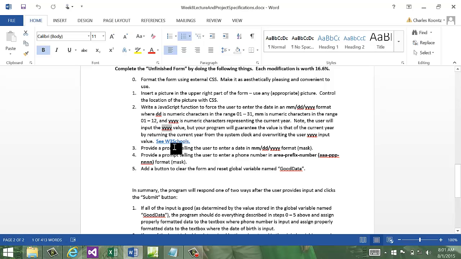So W3C, or W3 Schools, is part of the W3C organization, the World Wide Web Consortium, which is an agency that was set up 15, 20 years ago. I don't know how long ago. You can read from Wikipedia and find out the exact date, but early in the